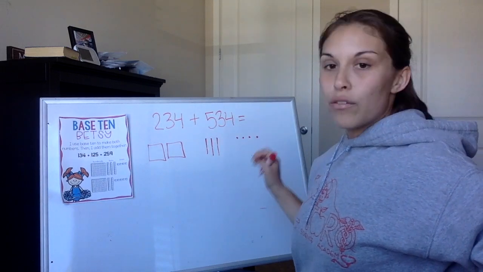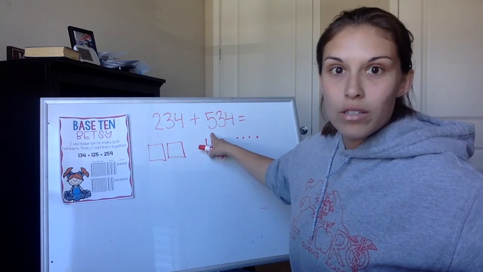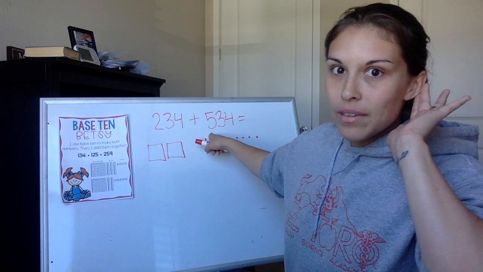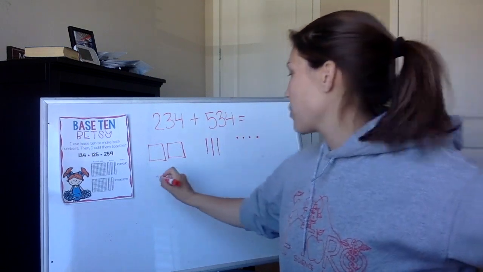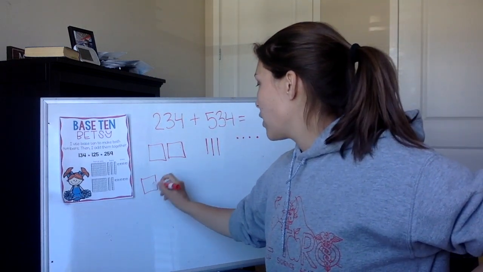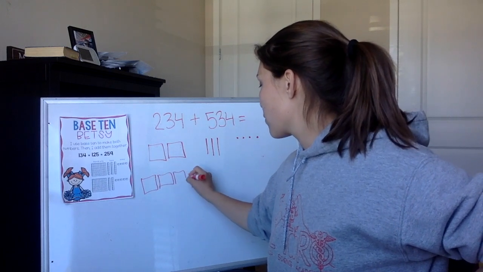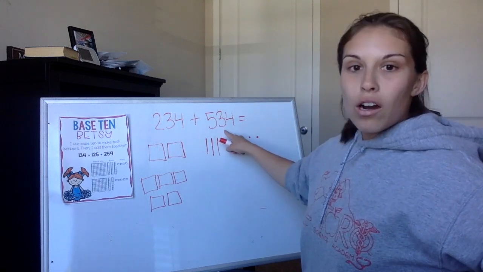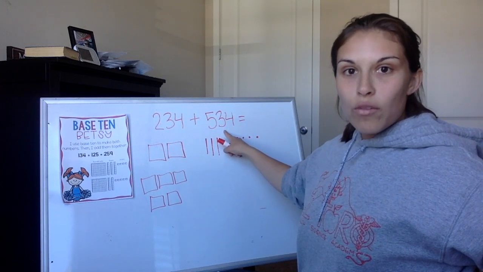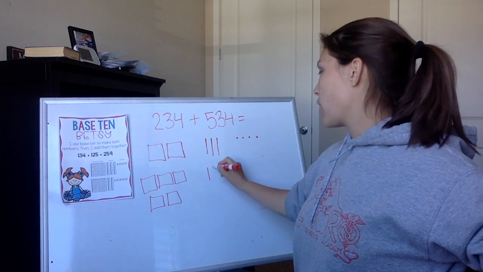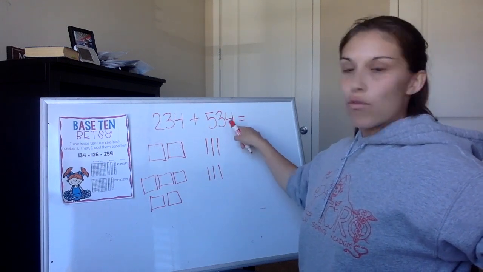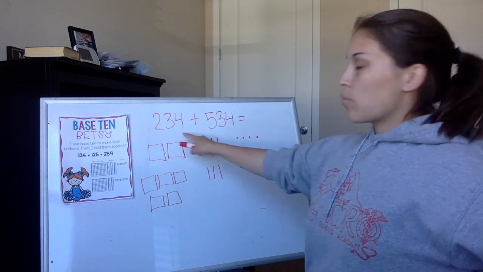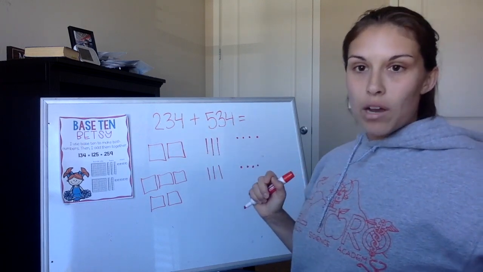In 534, how many hundreds are there, boys and girls, in 534? Go ahead and say it out loud. Excellent, there are 500. So I'm going to draw 5 hundreds, 2, 3, 4, and 5. There are 3 tens in 534, or 30. So 1, 2, 3. And there are 4 ones. 1, 2, 3, 4. So now that I've broken up each number into base 10 blocks, my job is just